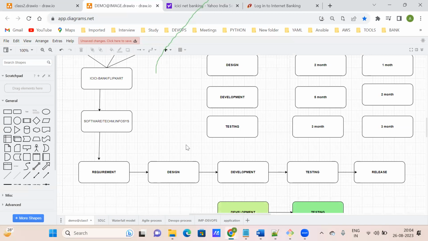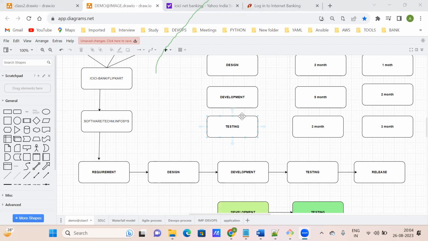Okay. Good evening, sir. Yeah. Actually, I am from a telecom background. Tell me. That is why the software field is totally new for me. But still, I am getting the points that you have said. Just a query: you have said that operation means... it is not written there in requirement, design, development, testing, and release. Correct.